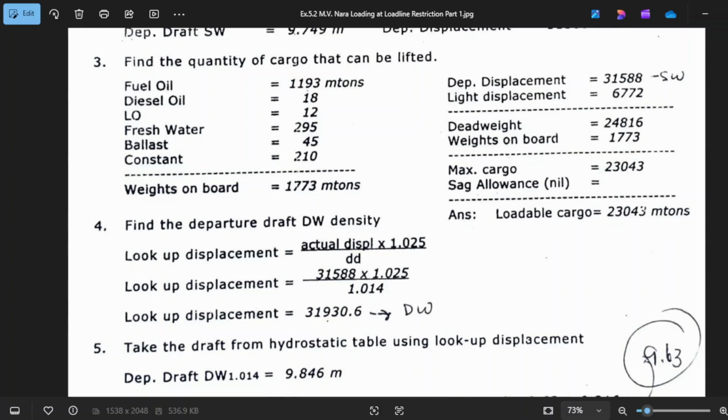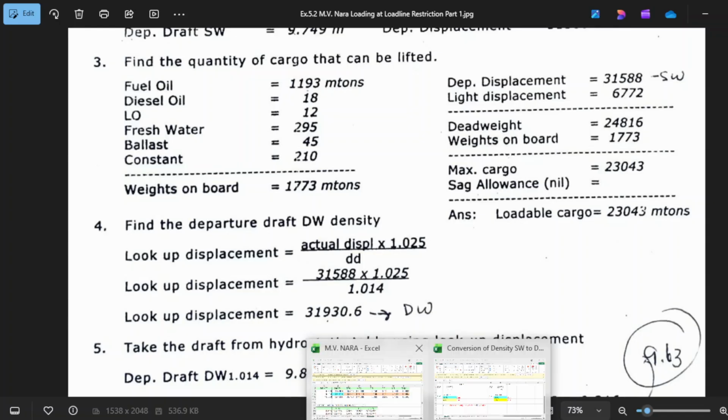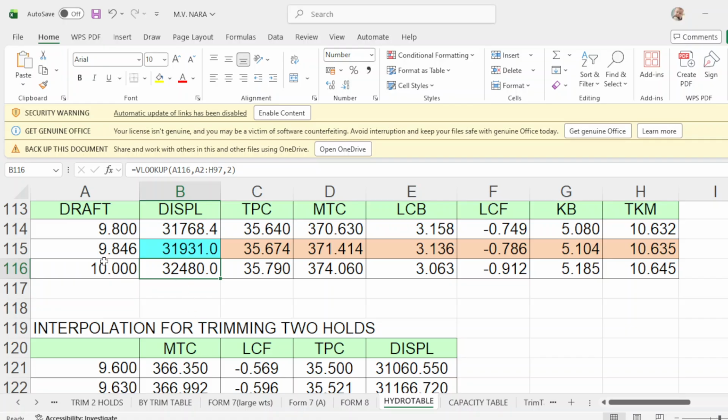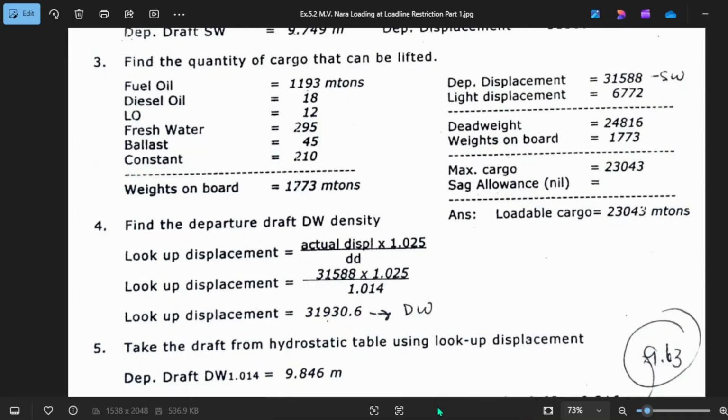So I got 31931 is 9.846. That will be your salt water, dock water. Okay, this will be your dock water. So it's correct.